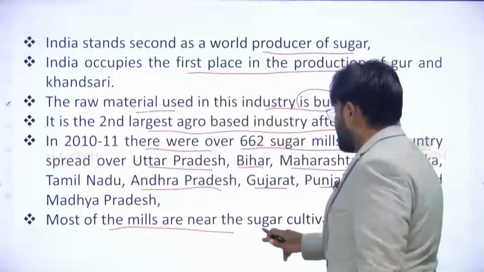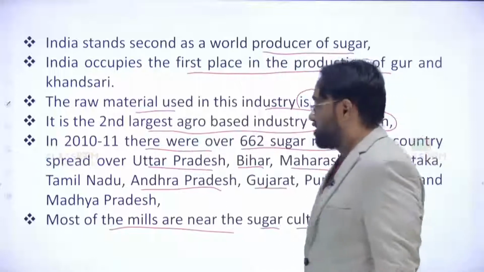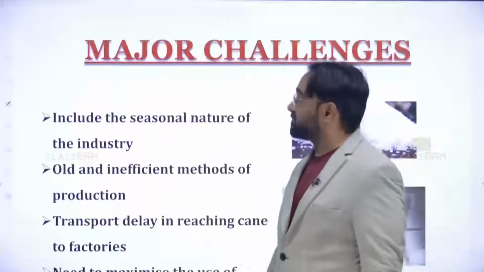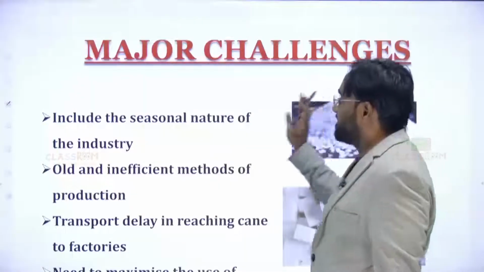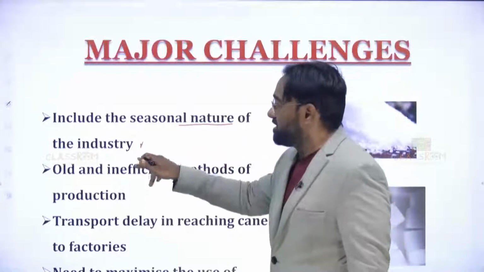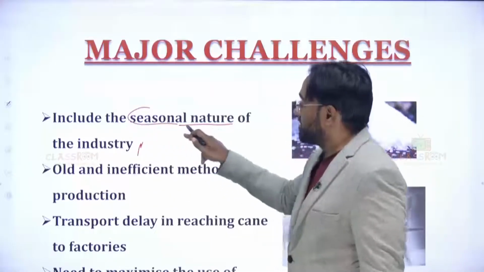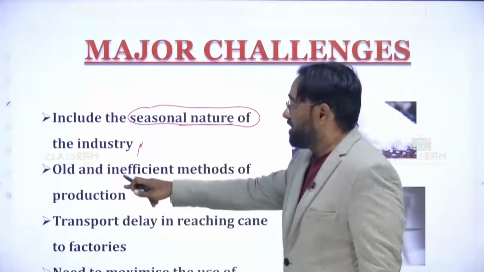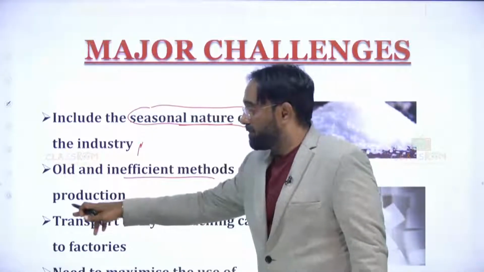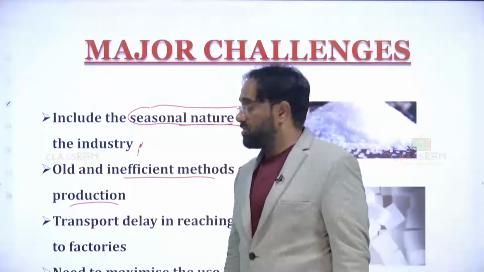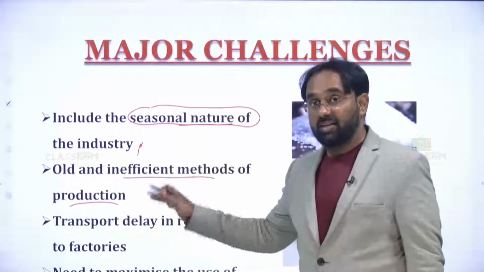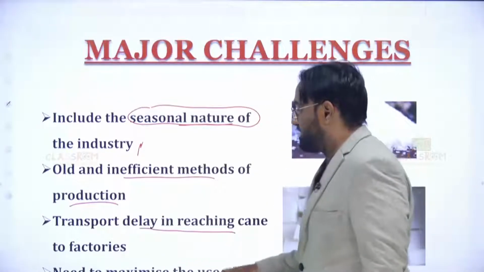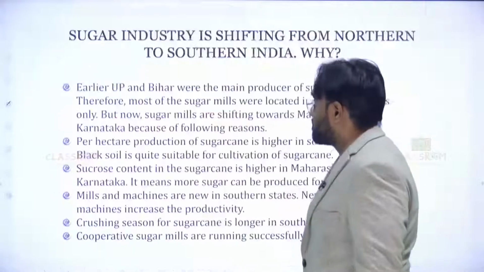Most of the mills are near the sugarcane cultivated areas. So, we are talking about the sugar industry. Major challenges include the seasonal nature of the industry. Okay. You do not find sugarcane throughout the year. Other challenges are old and inefficient methods of production, the need for scientific advancements and better equipment in the sugar industry, transport delay in reaching cane to factories, and the need to maximize the use of